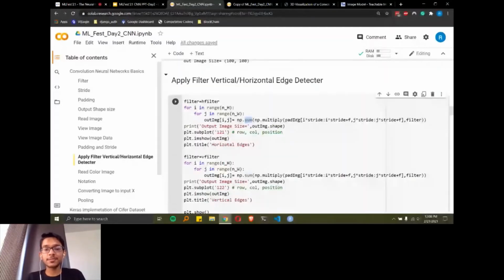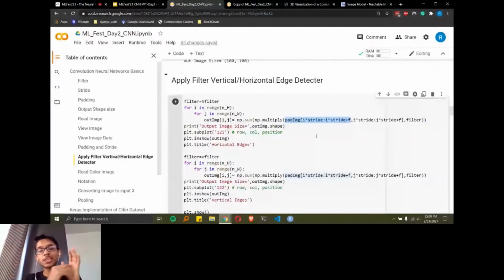So this is the code for that, and I will just explain how it is happening. So pad image, this particular part which I have highlighted in blue, is selecting the filter's receptive field. Actually it is selecting the receptive field, like if we are trying to look at a 3 by 3 image section, we have to impose a filter of 3 by 3 over that image.